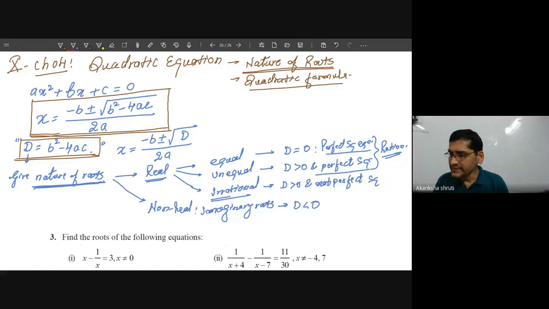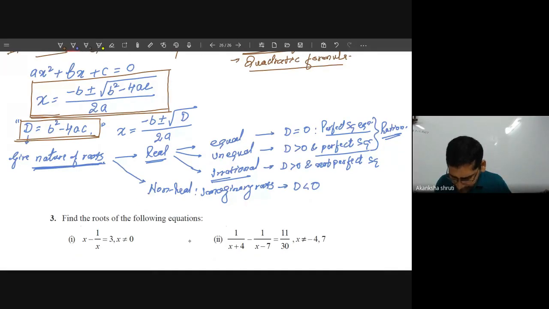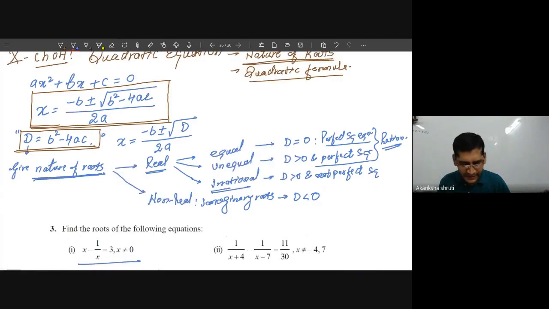And the other thing is regarding simplification. Very first day we did the analysis, like we have to find the roots of x minus 1 by x equals 3, whether it is a quadratic or not. So the very first thing is you have to convert it into the form of a standard equation ax square plus bx plus c. Only then can you go on to other kinds of analysis.